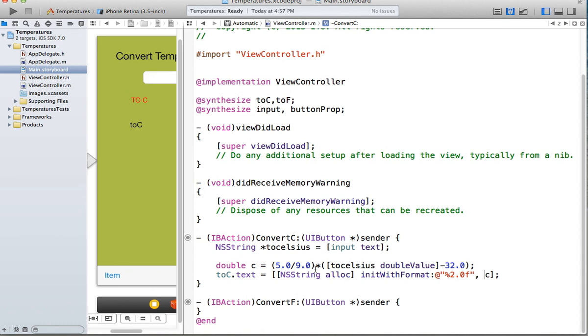So this is going to say, after we did this calculation, we're going to round it to 2.0. So we're going to get 45.9 or something, or 70.0 or something, and that's going to come out of it. And it's going to be C that's formatted that way. And the init with formatted is an initializer. It's an initializer for an NSString. And the NSString is what we're going to be allocing, and we're setting the text to that. So we're changing the text property that wants to be a string, and we're changing it to this string here